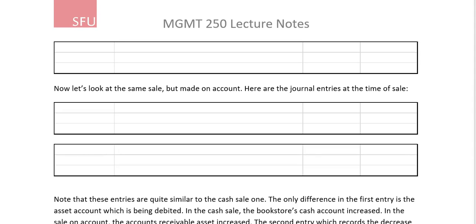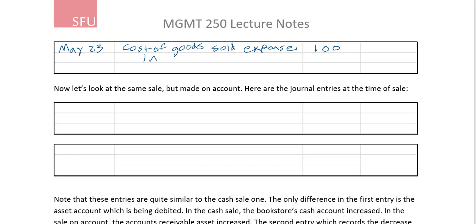Now we're going to make the other half of the journal entry for the same transaction. The date will be the same, of course, as they happen simultaneously. Our debit will be cost of goods sold expense, let's call it 100,